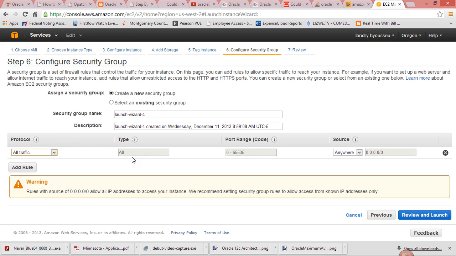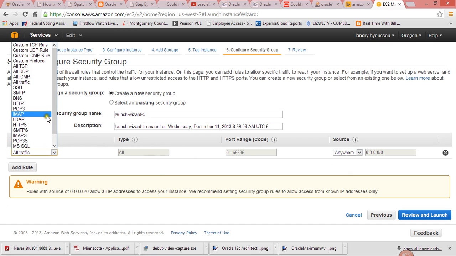So I would advise you to go to all traffic, and also leave it at anywhere. So basically, that guarantees that you'll be able to access that instance. I used to have SSH before, and that was for while I was connecting with my PuTTY, and I kept having this problem where basically I was not able to connect, and the public